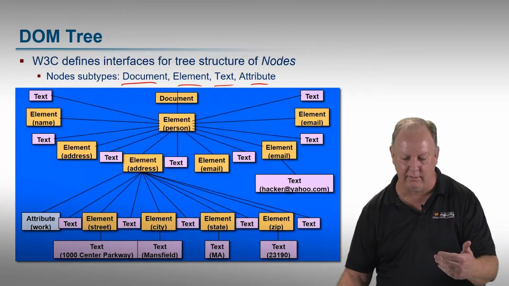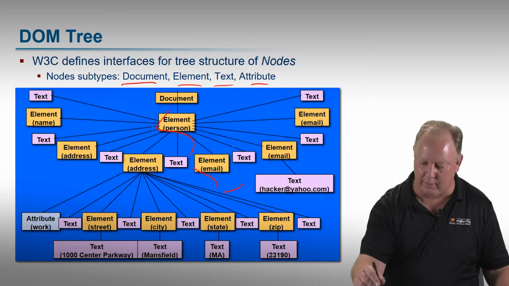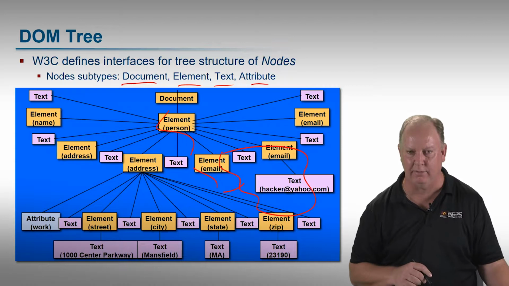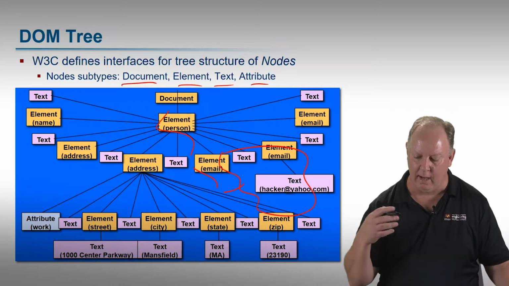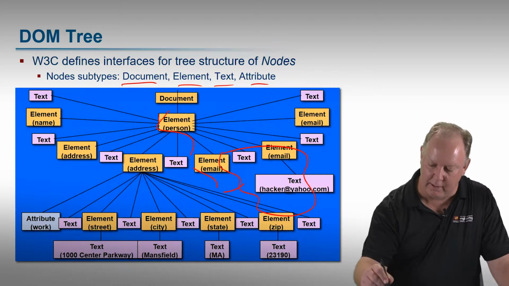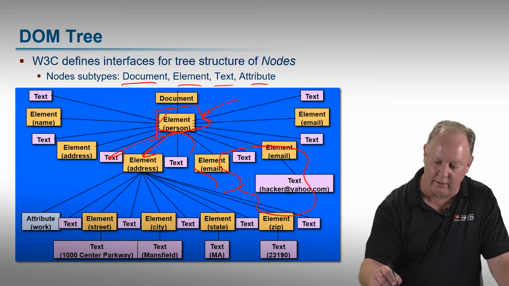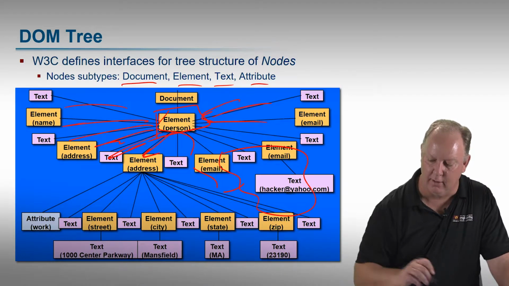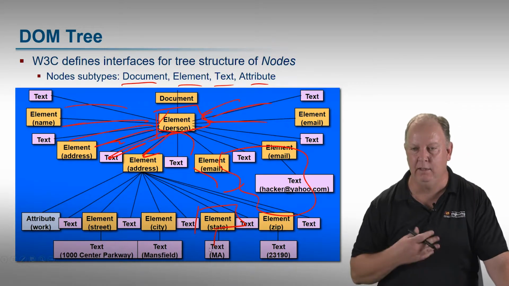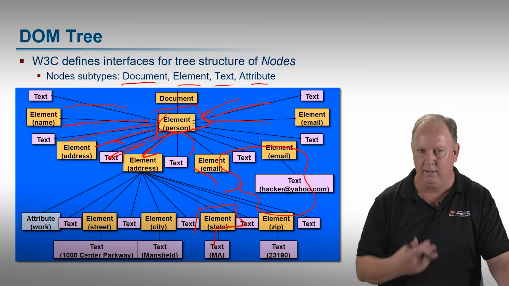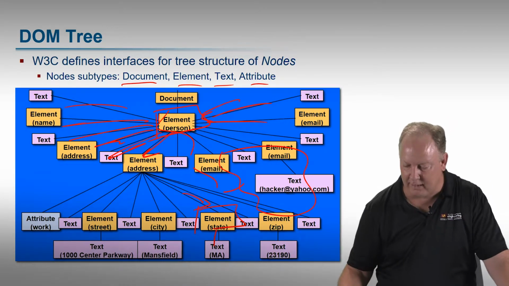When we create this DOM tree, this is stateful, meaning when I'm traversing around it and bouncing around the tree and getting different things with that API I was talking about, state means I have it in memory. It's resident in memory, and I can do an operation like get. If I'm here in my parsing, that's my current node, if I call get child nodes, I get all these outgoing nodes, right, branched off of here. But if I call it down here in element state, then I only get this one back, meaning the return value of get child nodes is going to depend on the state, what my current node is and what's currently in the tree. SAX doesn't work like that.